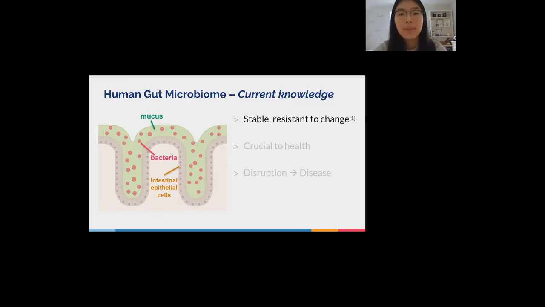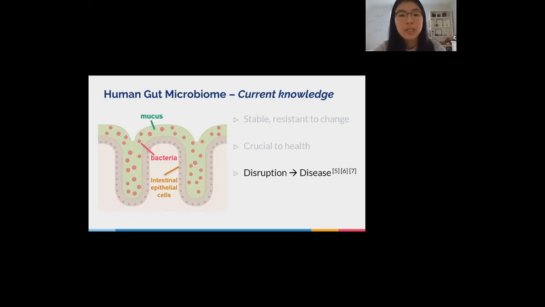The healthy gut microbiome plays a crucial role in maintaining our health. It helps us absorb nutrients, trains our immune system, protects us from pathogens, and even regulates our circadian rhythm. We still don't really know the full extent of its importance to our health. When our gut microbiome equilibrium is disrupted, it is correlated with many diseases, including diabetes, obesity, inflammatory bowel disease, heart disease, and so many more. Since the gut microbiome plays such an important role in our health and in disease states, it is important to better understand how it interacts with its environment in the gut.